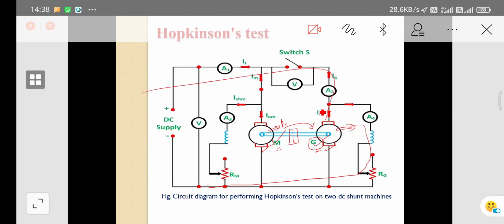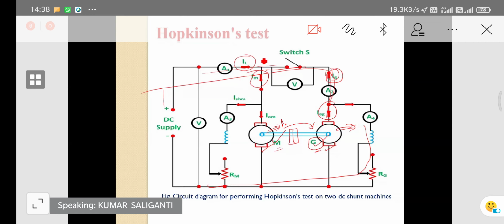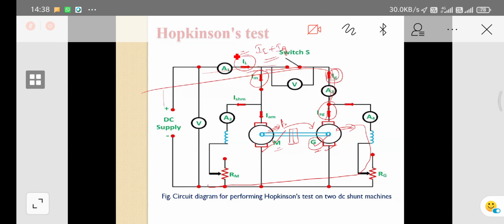You can see the IG. When the switch is closed, the generator current is given to the motor here. Thereby the line current and generator current together give the total motor current, that is IL plus IG. Otherwise you can take this as the I1 current, this as the I2 current, and this as the I3 current. So the I3 current is